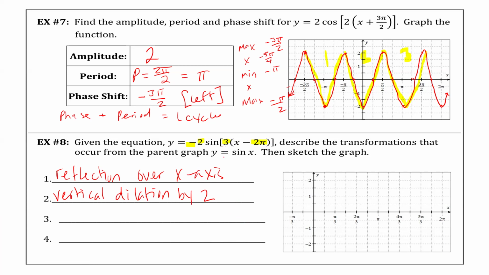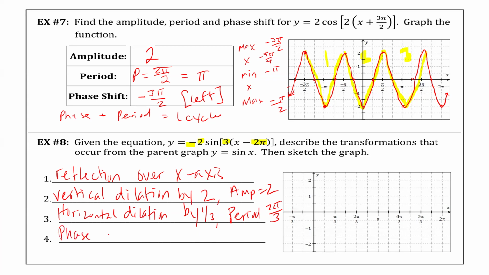Next, what does the 3 tell us? We have a horizontal dilation, which affects what? Horizontal dilation by 1/3, which means that our period now is 2 pi over 3. I meant to write amp equals 2. And then the last thing tells us,